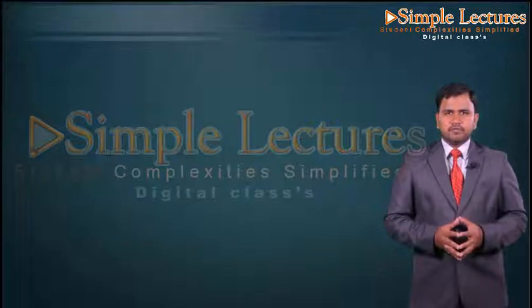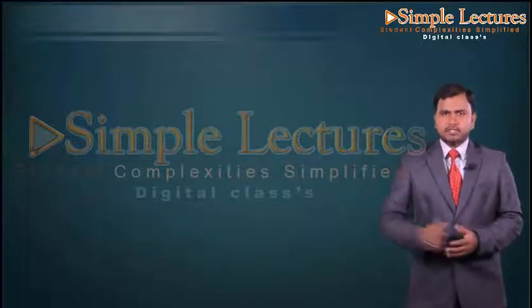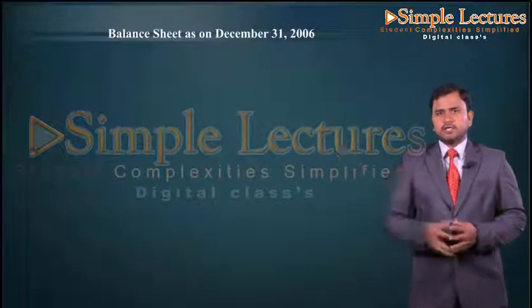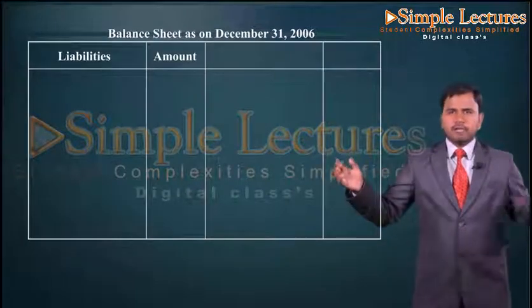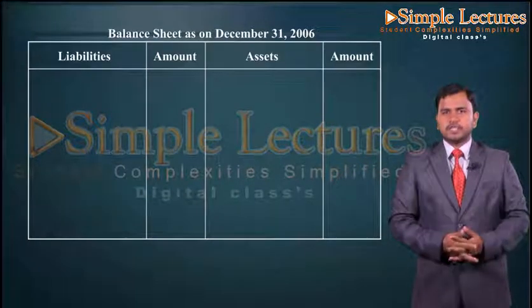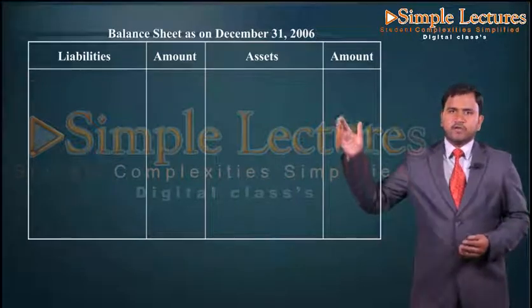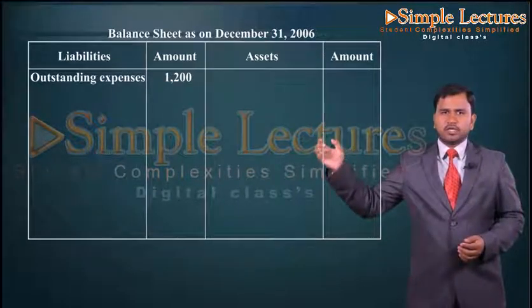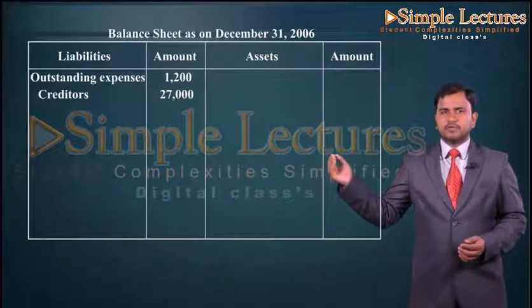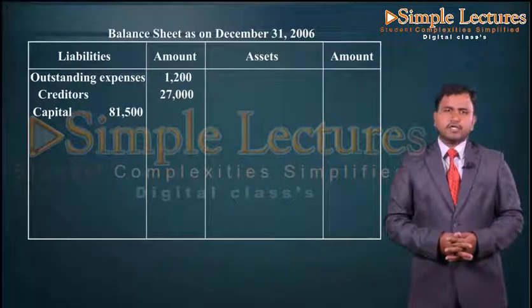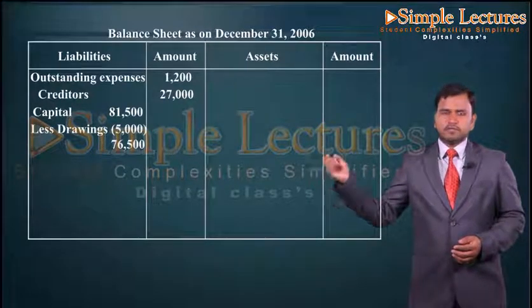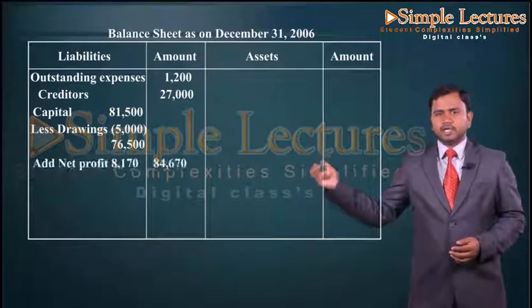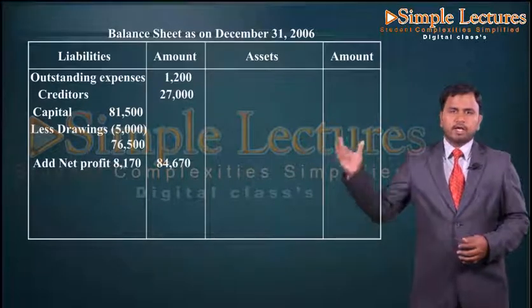After preparing the trading and profit and loss account, the final statement we have to prepare is nothing but the balance sheet. So the title will be balance sheet as on December 31st, 2006, and the format will be liabilities, amount, assets, amount. So let us take the entries on the liabilities side first, where we have outstanding expenses 1,200, then we have creditors 27,000, then we have capital 81,500 less drawings 5,000, then the balance will be 76,500, add net profit 8,170, and amount to the outer column